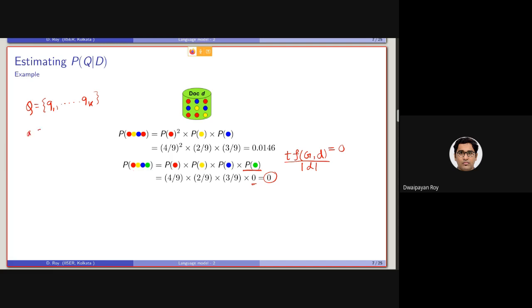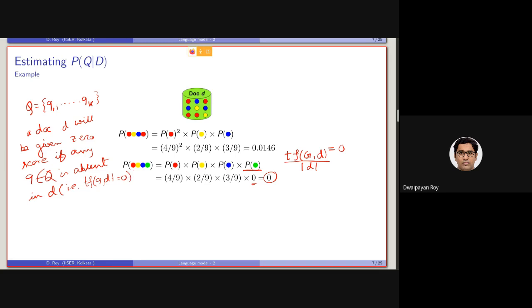A document D will be given 0 score if any q belonging to Q is absent in D. In other words, that is, TF of q in the document is 0, which is a